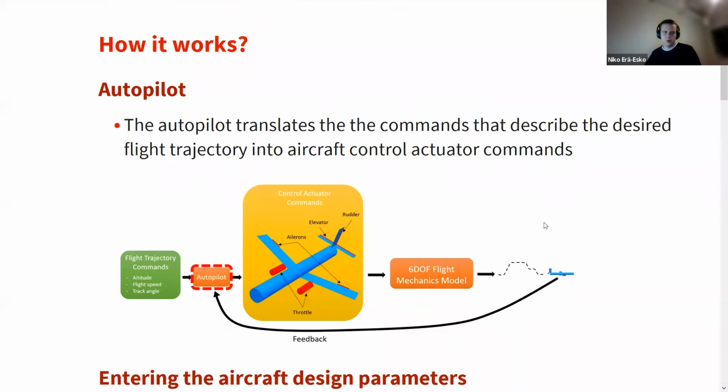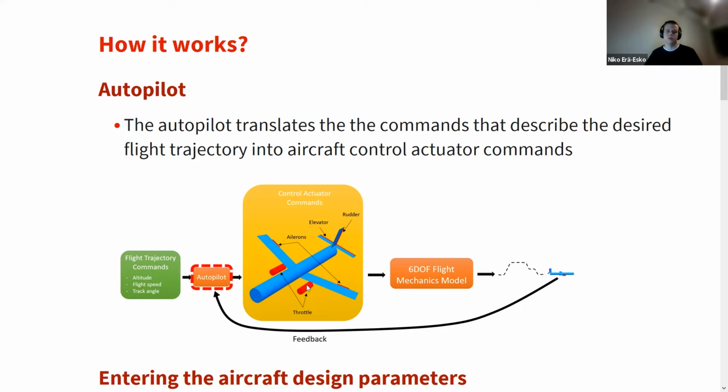Then a bit more closely on how the library works, or how the different domains work there. Firstly, I will present the one key component there, that is the autopilot, and that is used to translate the variables that we use to describe the flight mission, that are the altitude, flight speed, and drag angle at any given time instance. And the autopilot will translate those into the control actuator commands that are the throttle position for